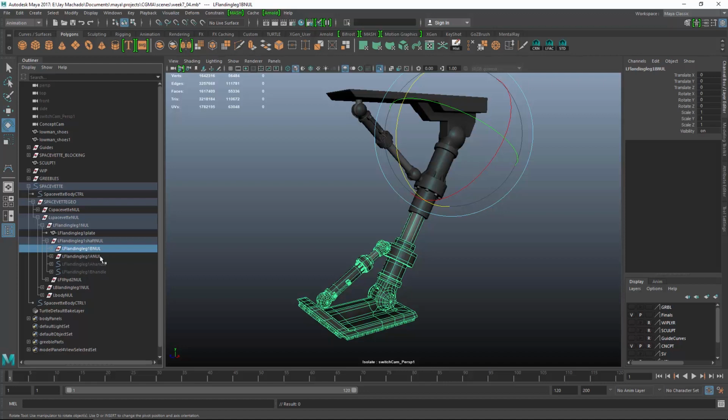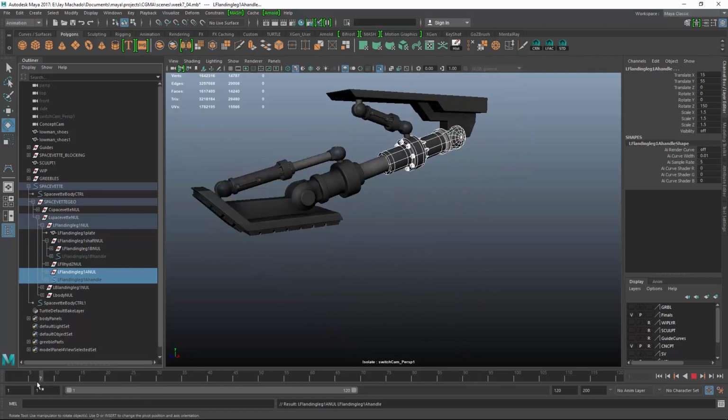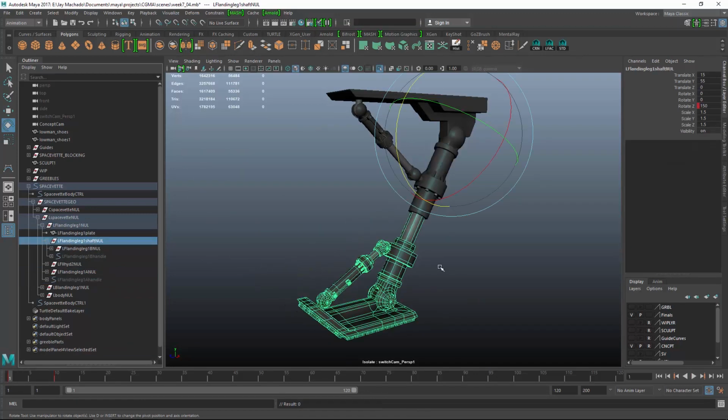So you can see that if I move part A out of that shaft null, the animation still behaves properly. So I'm going to actually rename this to LF landing leg 1 ground null,